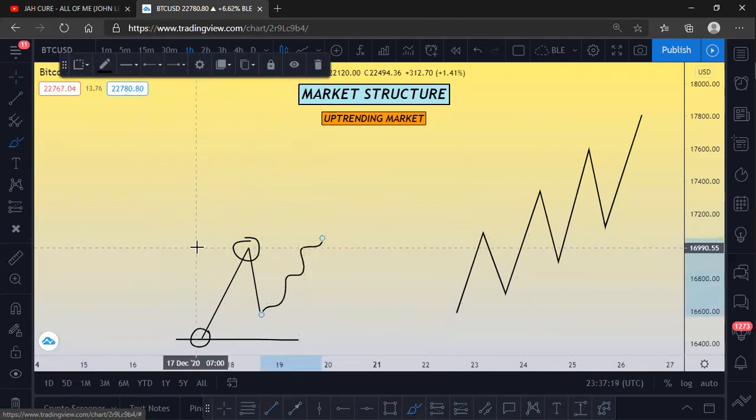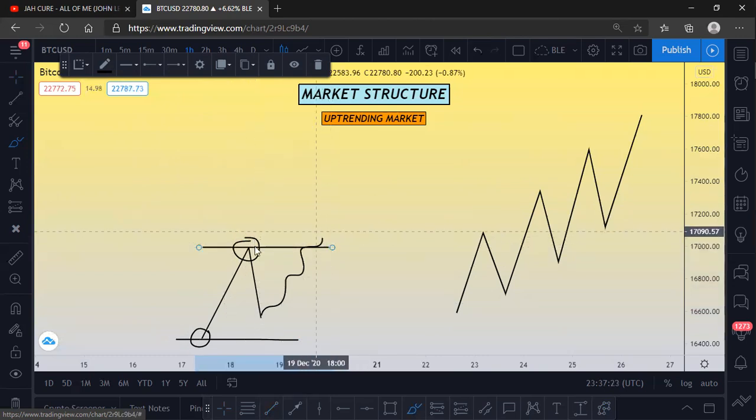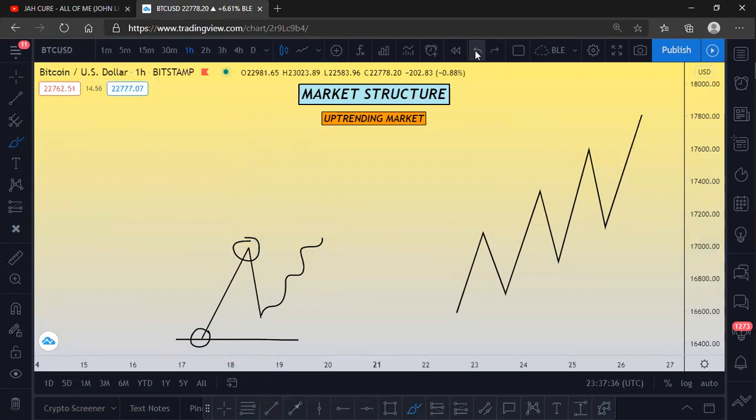The moment price breaks through this high and then closes above this high, now we have confirmed that we're in an uptrend. Then we know that this is the previous higher high. Now a new higher high has been formed. But before, the information we had before all this was, we just add this.